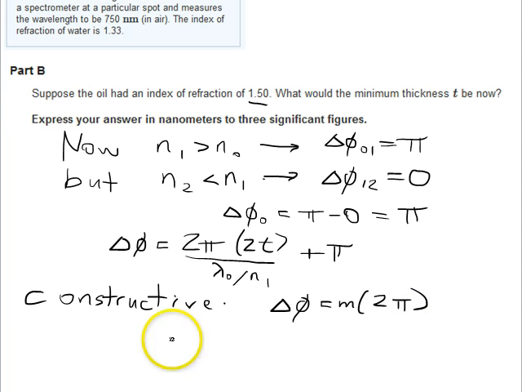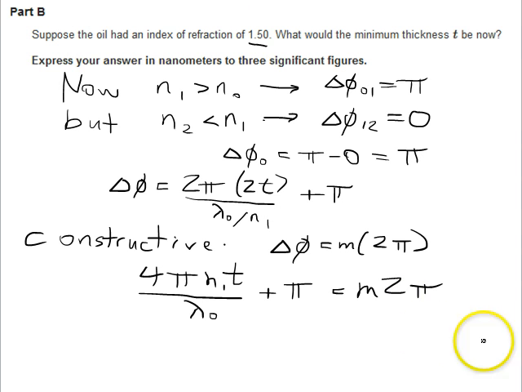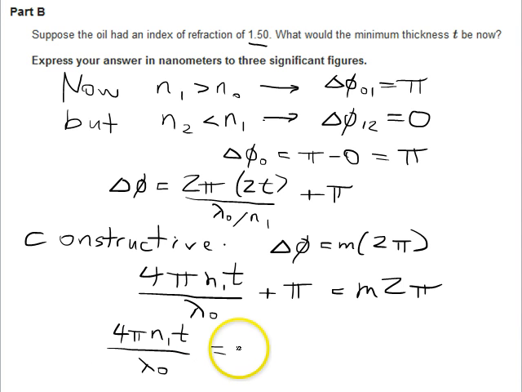And then let's just write that out. So 4 times pi times n1 times thickness divided by lambda sub 0, plus pi is equal to m times 2 times pi. And we can try to solve that out. We end up with 4 pi n1 t divided by lambda sub 0 is equal to 2 pi m minus pi. And again, the minimum t that is non-zero